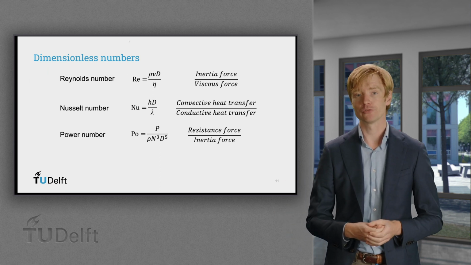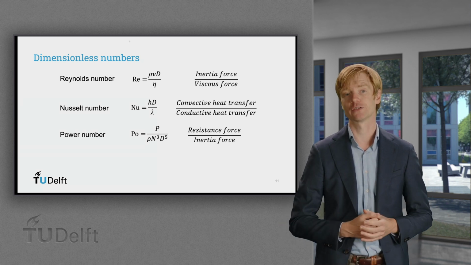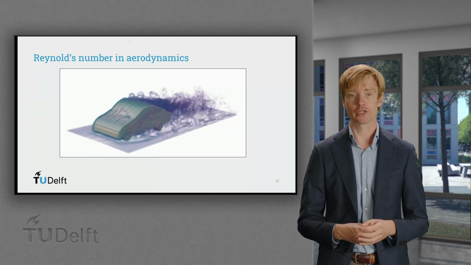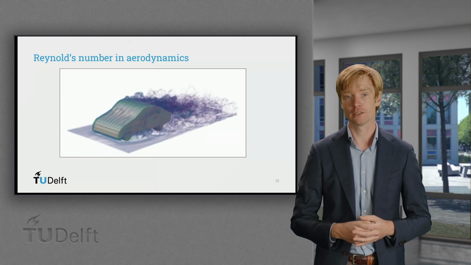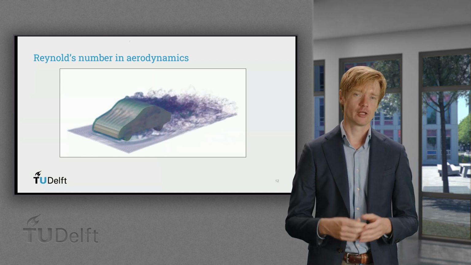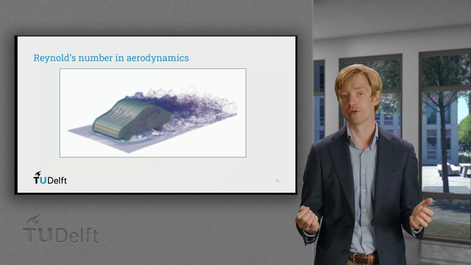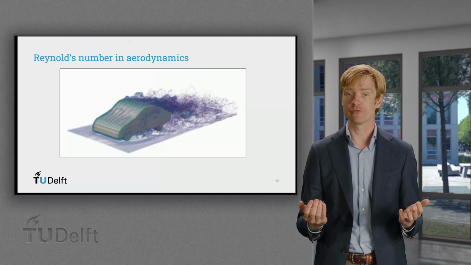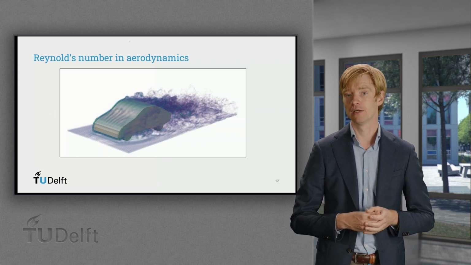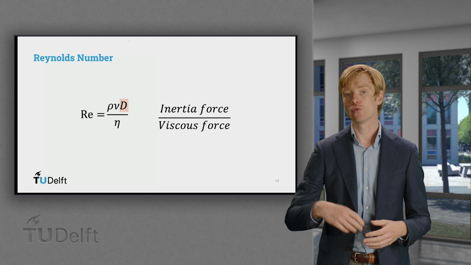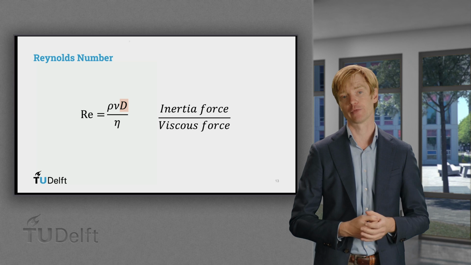Now, the archetype example of the Reynolds number lies not in chemical engineering, but in aerodynamics for the design of wind tunnels. It may look like wind tunnels are just simple cases of geometric scaling. Here we just show a miniature car, right? But there's more to it. Important design parameters like the drag and the lift coefficient depend on the Reynolds number. So if we want to judge aerodynamic behavior of a real car, we should strive for similar Reynolds numbers at small scale. And since the scale of the car is changed, one also needs to adjust the velocity or the fluid properties to achieve the same Reynolds number.